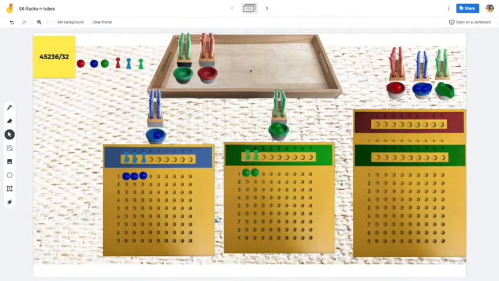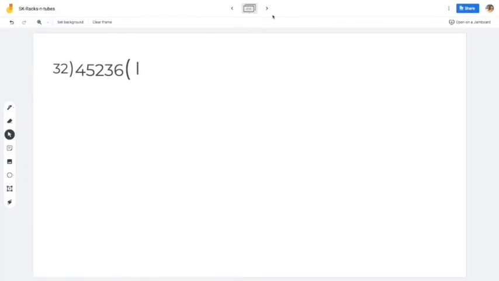Now it is time to see what is used up on the division boards and write those things down on the next frame, that is 32,000. So we just have to write down 32 under 45. Yes, now we can come back to the previous frame and check what is left in the bowl and write it down again in this frame.